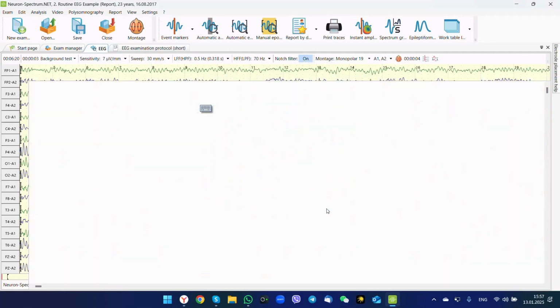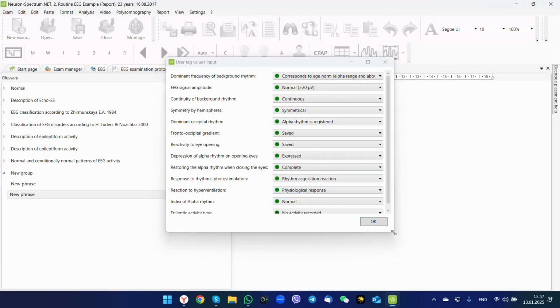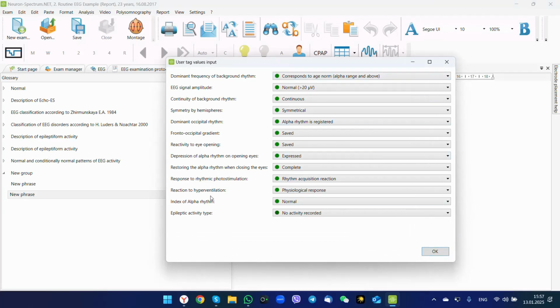Put the name of the report, and then we should put all values for all our user tags which we have defined for this report template. For example, such as background frequency, normal, moderate slow or slow, EEG signal amplitude normal or reduced, and so on. And here at the bottom we can see our new user tag, epileptic activity type, where we can choose, for example, generalized or focal activity. Press OK button,